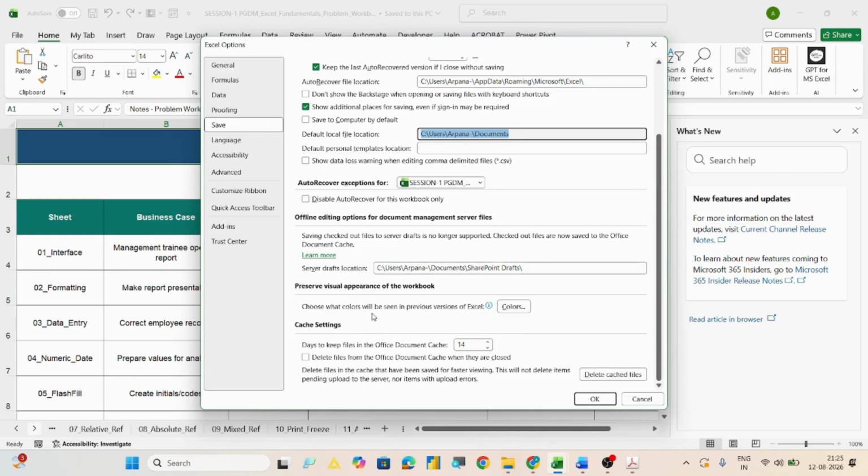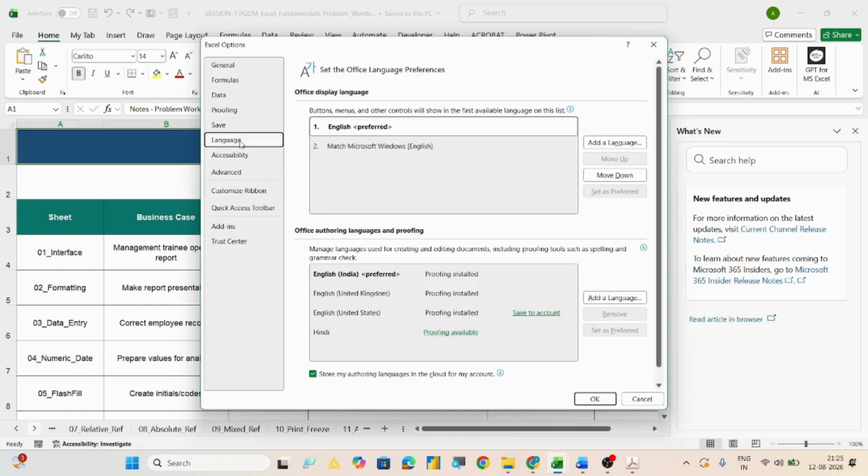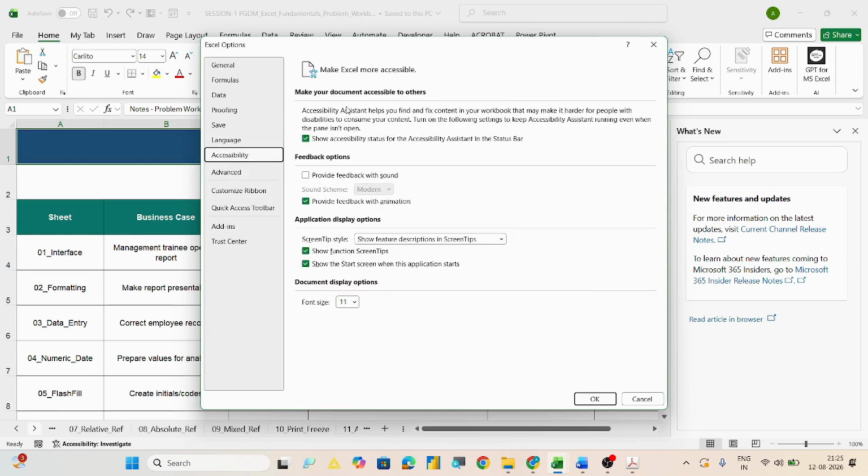And if you want to choose the color to show the previous version, from here you can set the color. So if you are having the previous version of the same file, that will appear in a different color. Language preferred is English. From here you can change also. Accessibility, you can do the accessibility related settings also, like feedback option, provide feedback with animation.